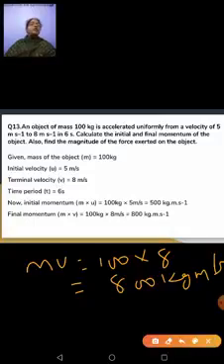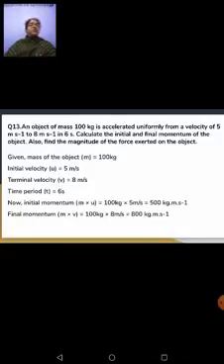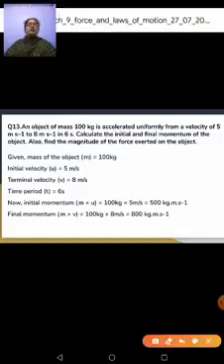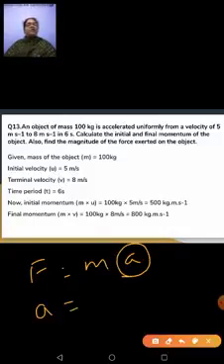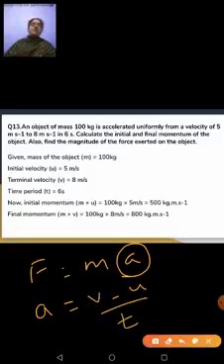They want you to calculate the magnitude of the force. So what's the formula used for force? F is equal to ma. So what do we have to find here? The value of a. So how can we find the value of a? We can calculate it by using the formula v minus u upon t, because we have the value of v as well as u, your initial velocity and final velocity.